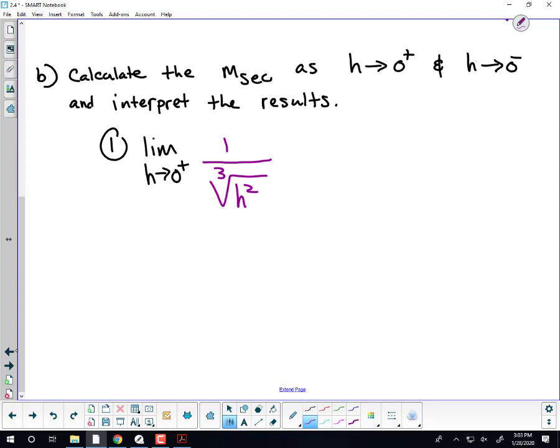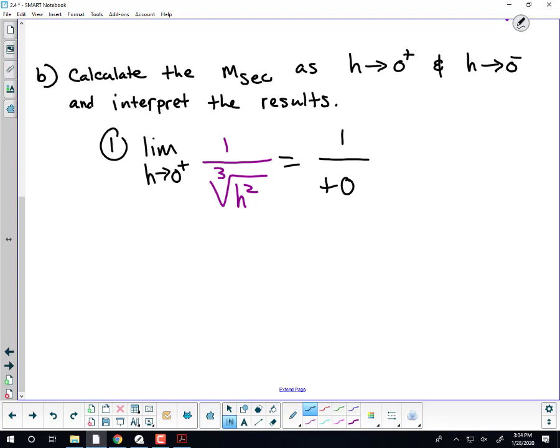So the limit as h goes to 0 from the right on 1 over the cube root of h squared, what would that give us? Positive 0 on the bottom, right? The numerator approaches 1, regardless of what h approaches. h is approaching 0 through positive values that get squared, and then we take the cube root of that, right? So that's still